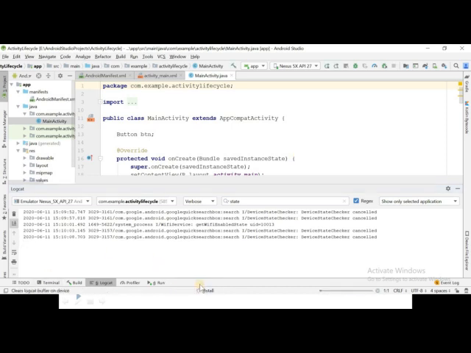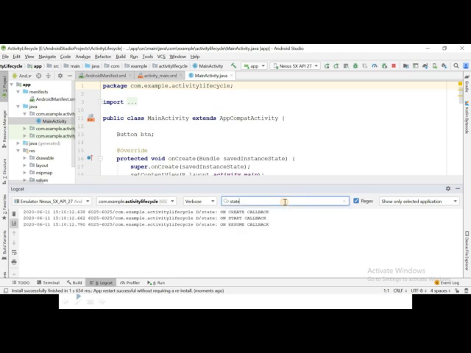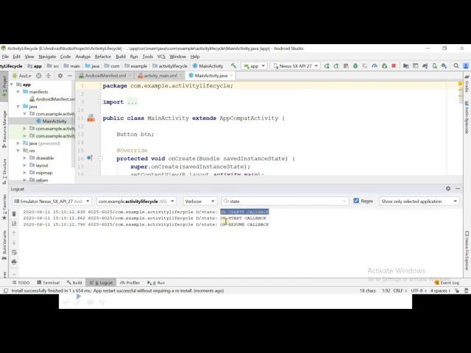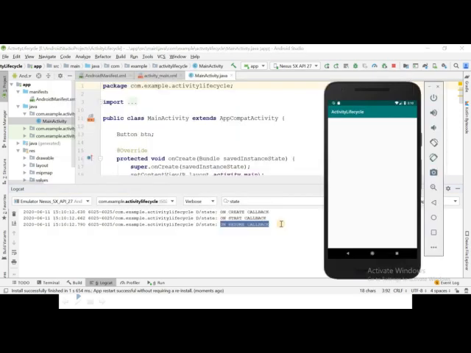I will clear the logcat to see the states. Here our activity has launched, and when it has launched, look at the logcat screen. Three log statements are coming. The onCreate callback statement is coming from the onCreate method, the onStart callback statement is coming from the onStart method, and the onResume callback statement is coming from the onResume method. Now at this point the activity is in the resumed state.